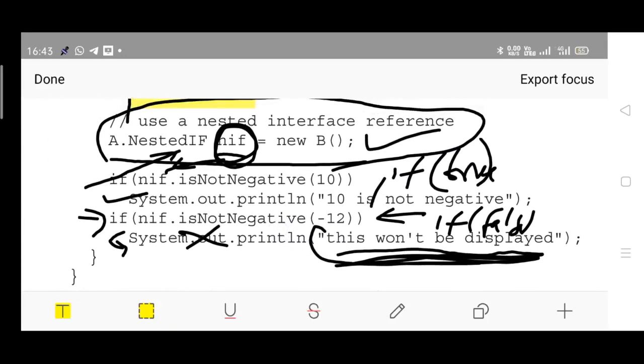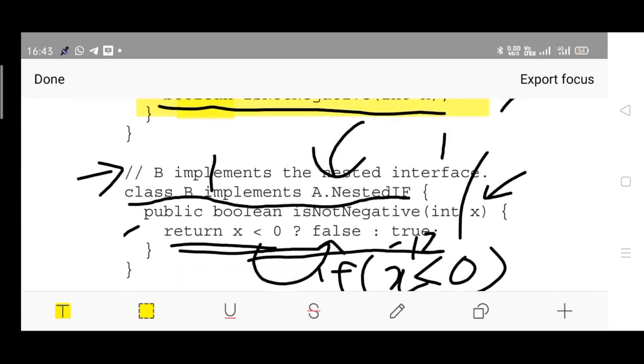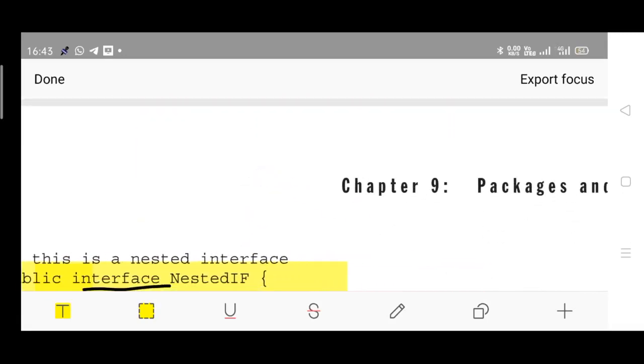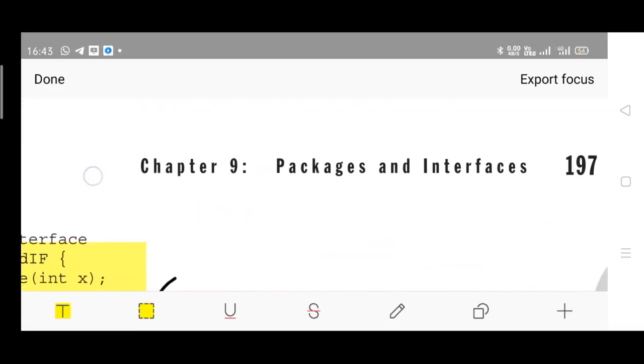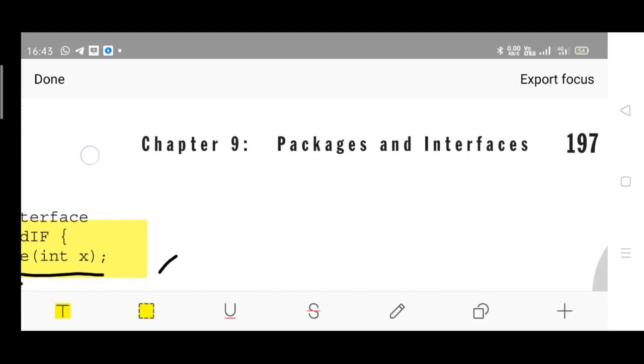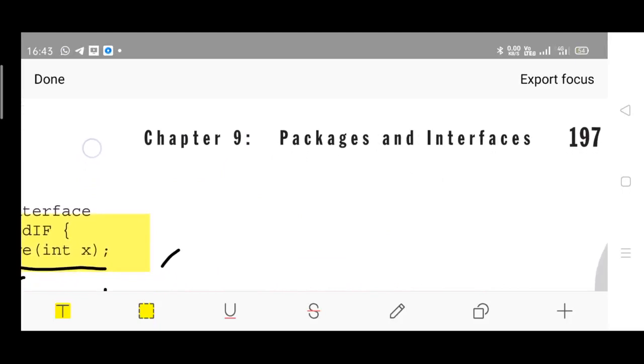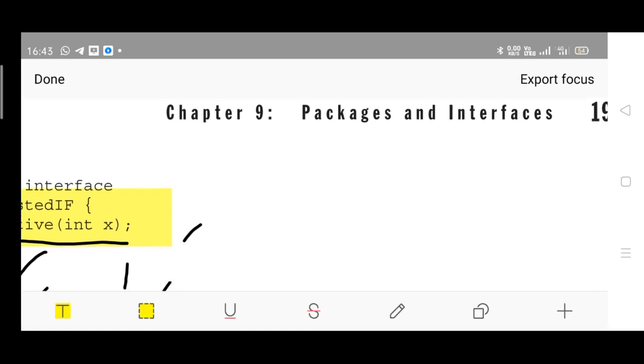Okay, please note down the concept, note down the program. It is there in chapter 9, page number 196, 197. Very important topic, nested interfaces. Okay, how nested, in general, nested means including one inside the other. So as per this example, we have included an interface inside a